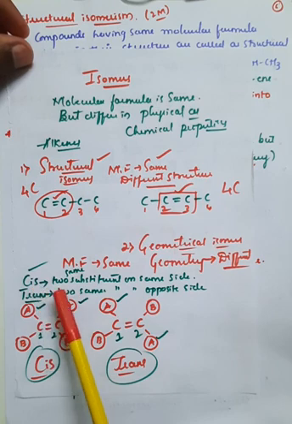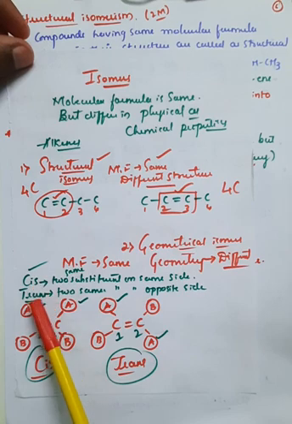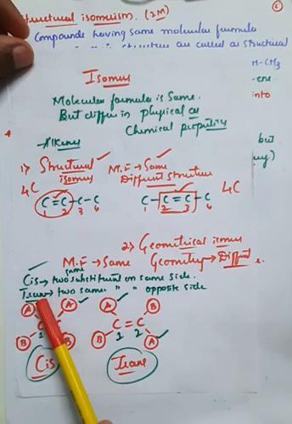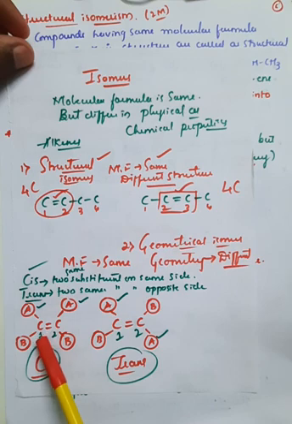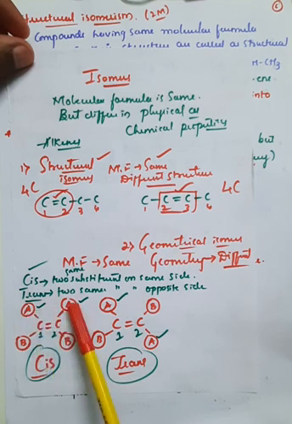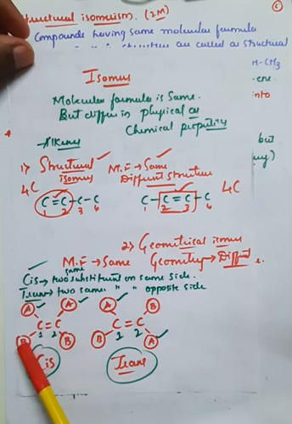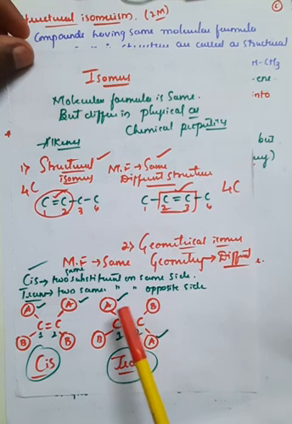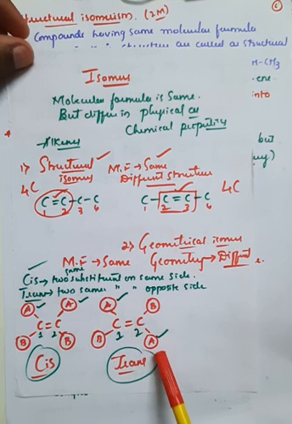One is called the cis form. When two same substituents are on the same side, we call it the cis form, and when two same substituents are on the opposite side or on the diagonal side, then they are called trans. We have also given two examples here. In the cis form, if you take a carbon-carbon double bond, the same A group is attached to the first carbon atom and the second carbon atom on the same side, and the B group is attached on the same side. But if you go for the trans, here the carbon-carbon is double bonded and the A group is attached to the first carbon atom above, and for the second carbon atom it is attached below, that is diagonal, which means it is on the opposite side.